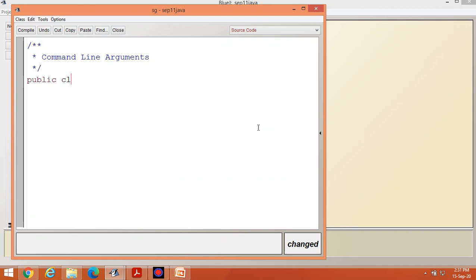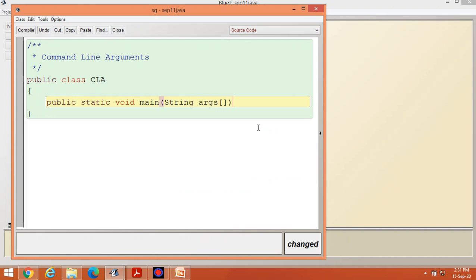Let the name of the class be CLA, that is command line argument. Then public static void main, String arguments.